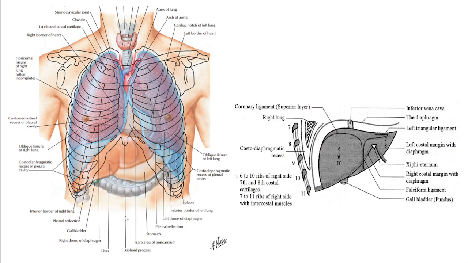We have talked about that. Here also you can see that this is the 8th rib. If we go backwards, this is somewhat in the mid-clavicular line, but if we trace it backwards, somewhere in the mid-axillary line, the 8th rib corresponds with the inferior most aspect of the lung. Similarly, the 10th rib in the mid-axillary line corresponds with the inferior most edge of the costodiaphragmatic recess. This light blue thing is the pleura, containing the pleural cavity between the parietal and visceral layers of pleura, and this is the lung, the inferior border of the lung. So we want to go through here without entering the pleural cavity or the lung.